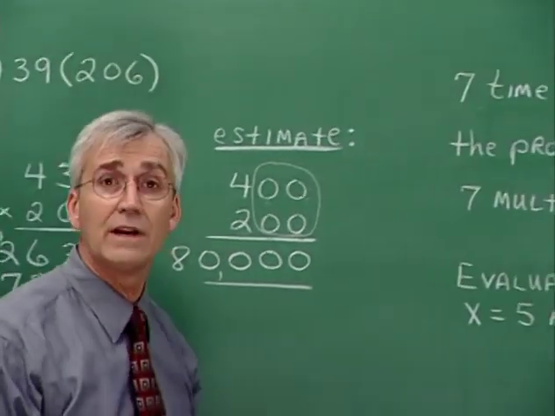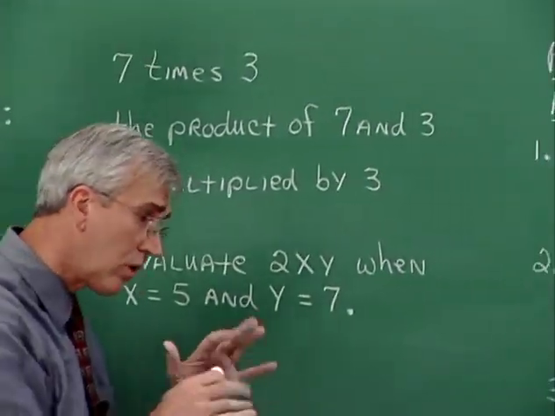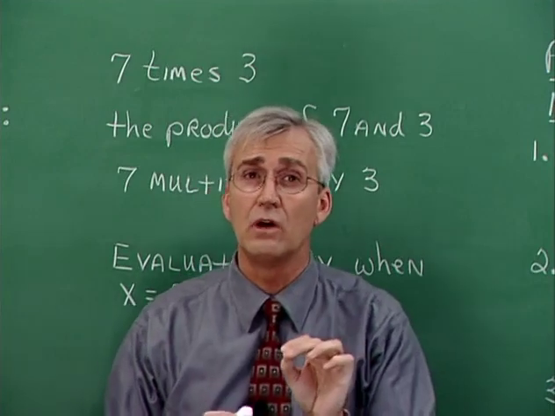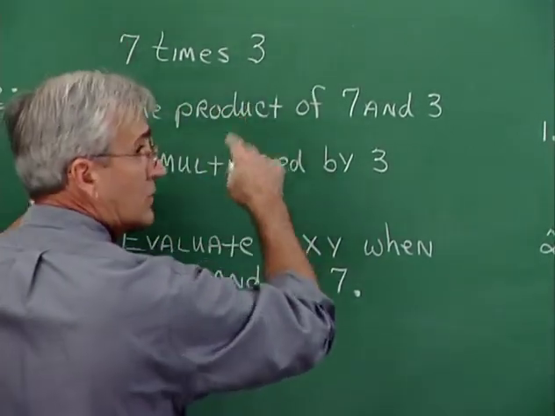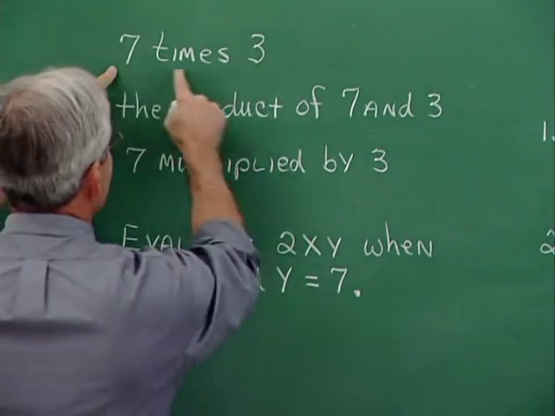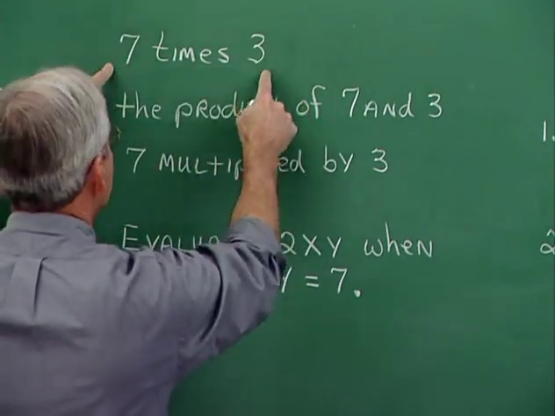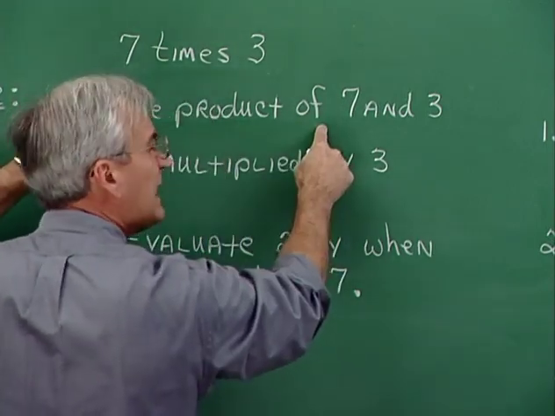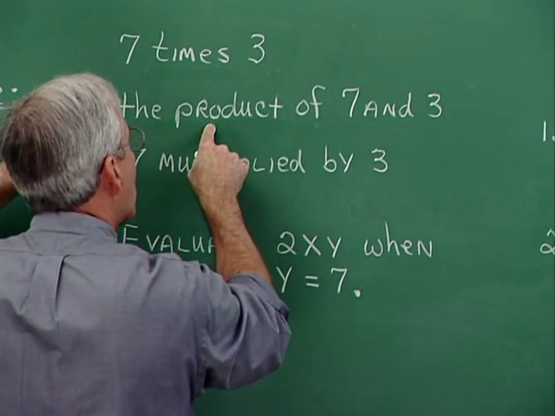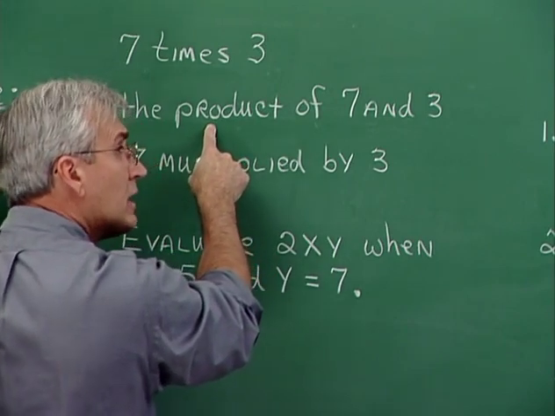There are a number of ways of indicating multiplication, number of words or word phrases that lead to multiplication. The word times, it's pretty obvious, leads to multiplication. 7 times 3 means to multiply those two factors. The product of, you see, the product of leads to multiplication because the word product means the answer in a multiplication,